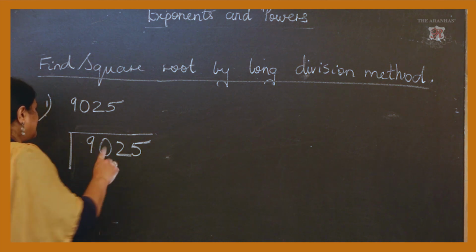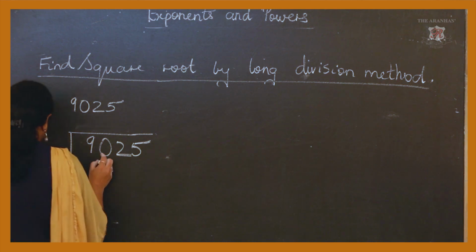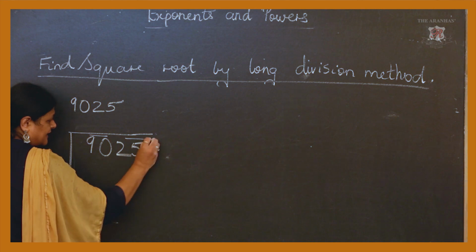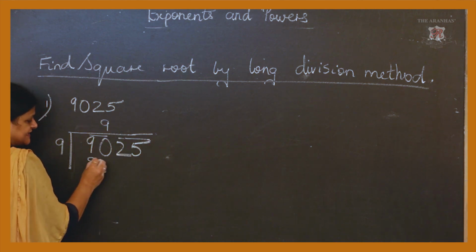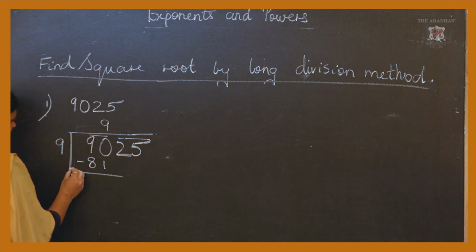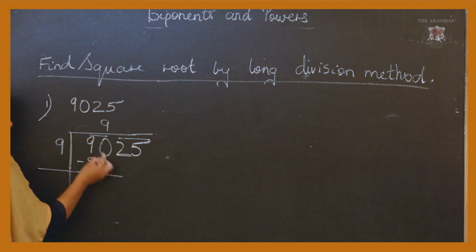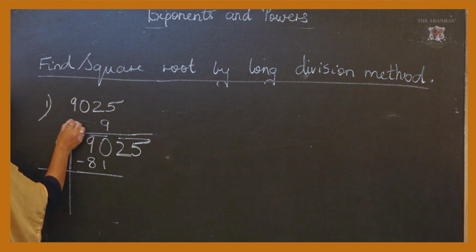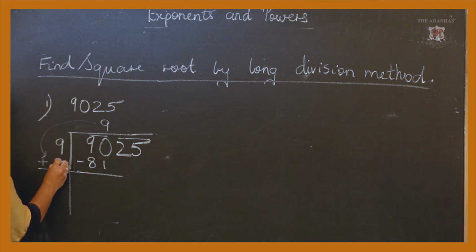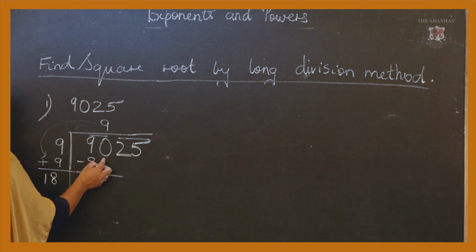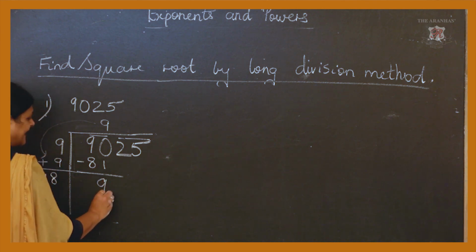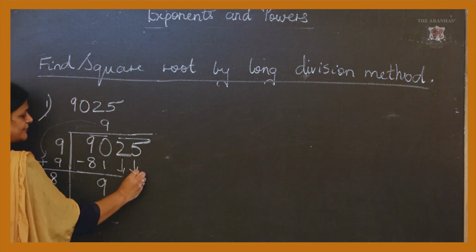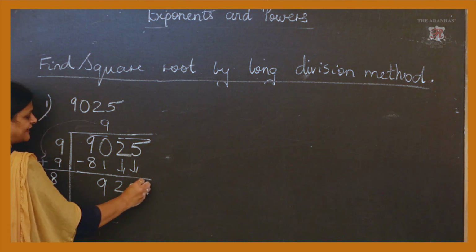Now you are going to take out the square root, taking the number which, multiplied by itself, you will get. Here you are taking this 90. 9 9s are 81. Now this 9 you are going to bring over here, it will be plus 9, 9 plus 9, 18. Now here, 90 minus 81 will give you 9, and these two you are going to bring down, that will be 25,